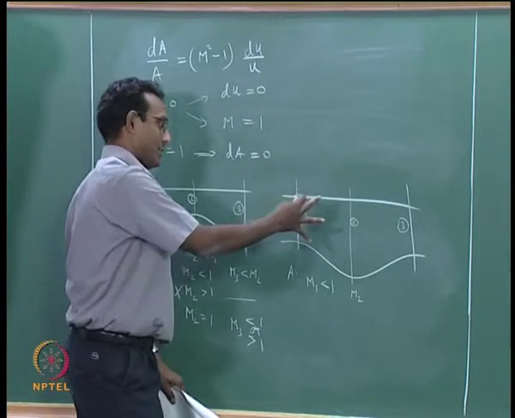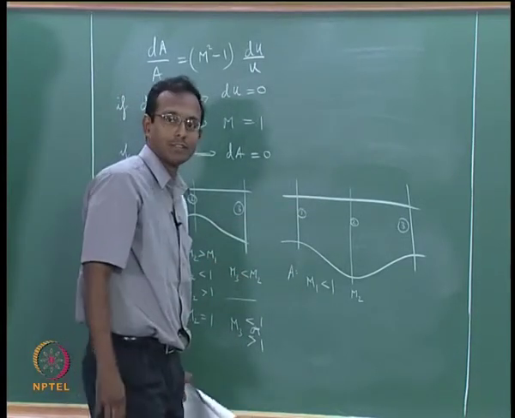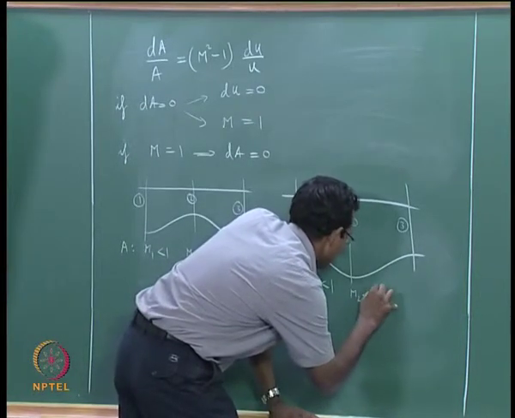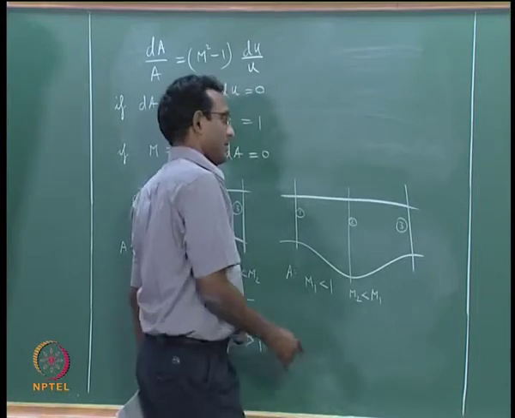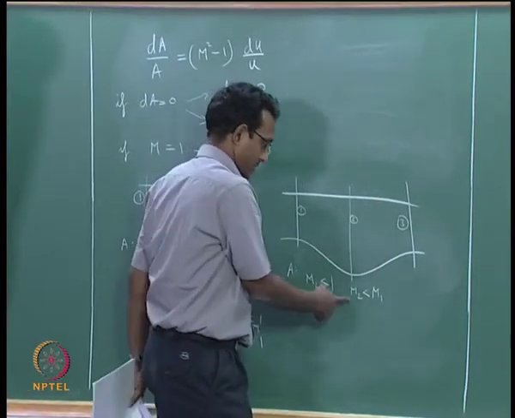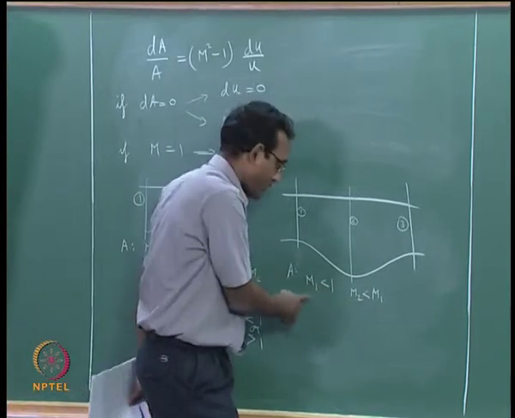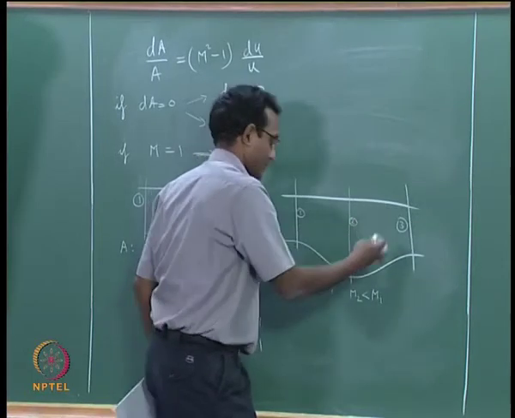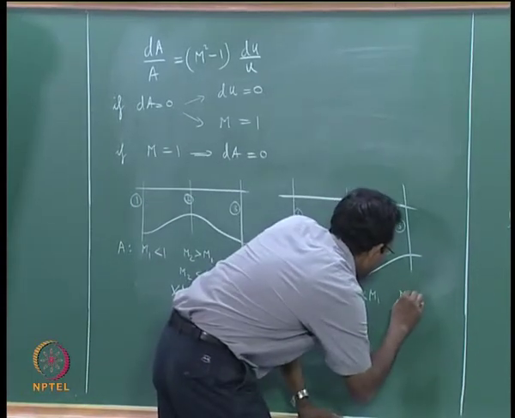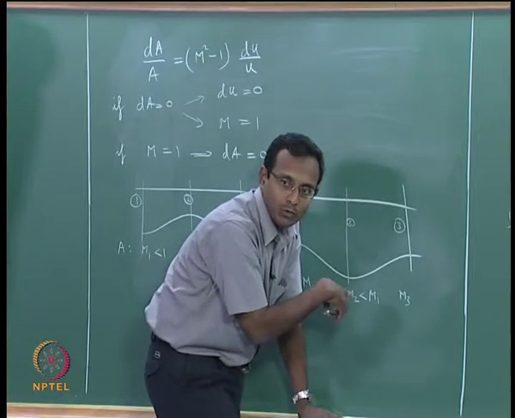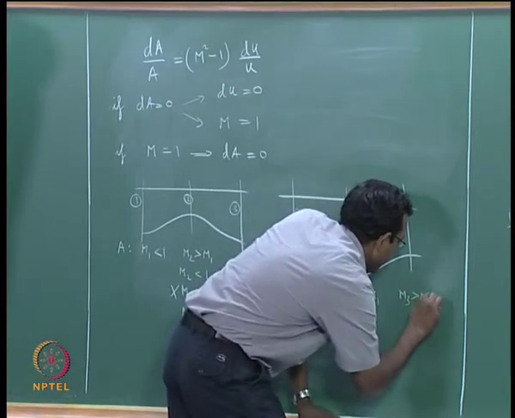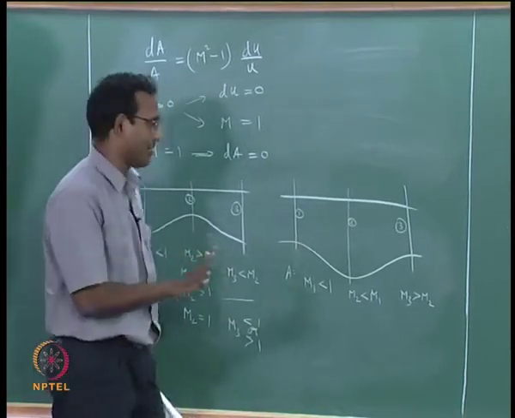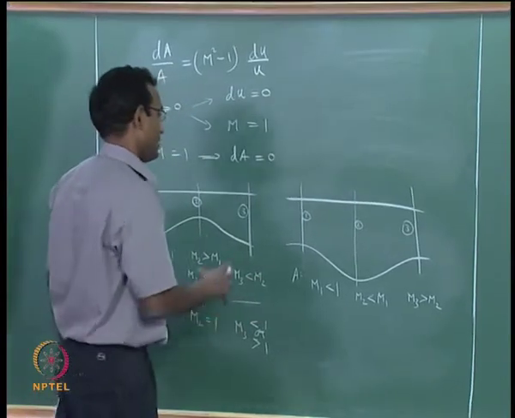It is a diverging duct, subsonic, so it is going to decrease the Mach number further, M2 less than M1. And here it is a converging duct, this is already subsonic, it is going much more subsonic, say 0.5 became 0.2. Now it is going back to a converging duct. All I can say currently is M3 is greater than M2. Unless I am given exact area values, I cannot calculate the exact Mach number. Currently we will not worry about how to calculate it. This is what will happen.